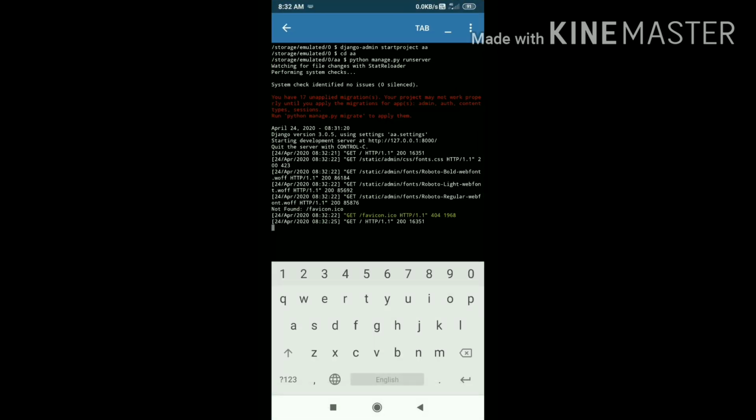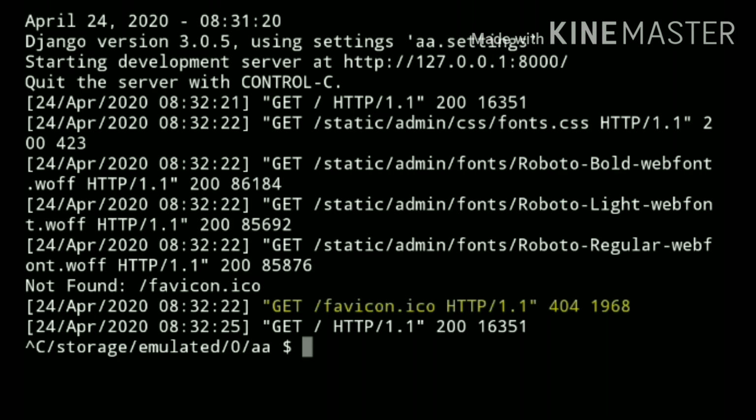And now we are going to start an app. But the question is, what is an app? An app is basically used to make our website more classified. That also helps us to understand our own program some time later. An app is basically something like different parts of our project. To start an app, run the command python manage.py startapp, and then we have to give the name of our app. I'm going to give home, and the job is done.